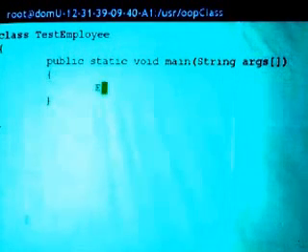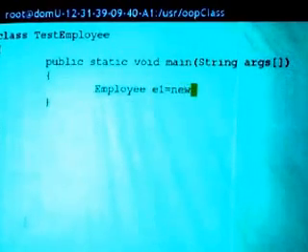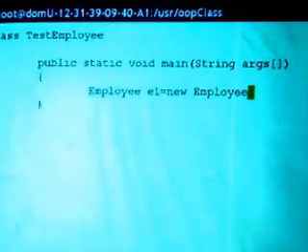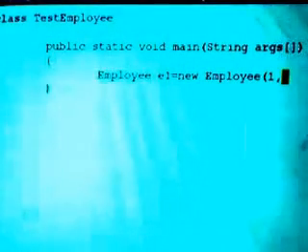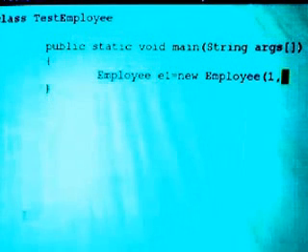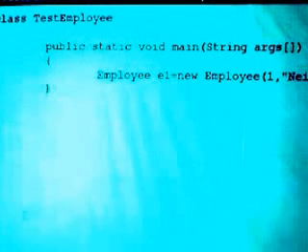We are going to create the first employee. Employee e1 is equal to new Employee. We can do that in one line. Remember, the Employee constructor takes 4 parameters. So we are going to pass 4 parameters to it, starting with the employee number, then the employee name, then the age of the employee, and then the salary of the employee.